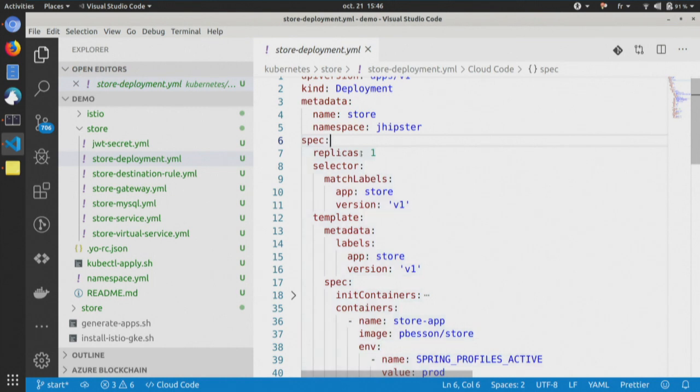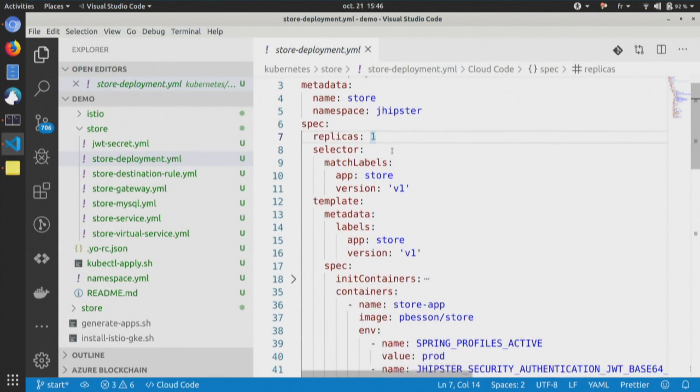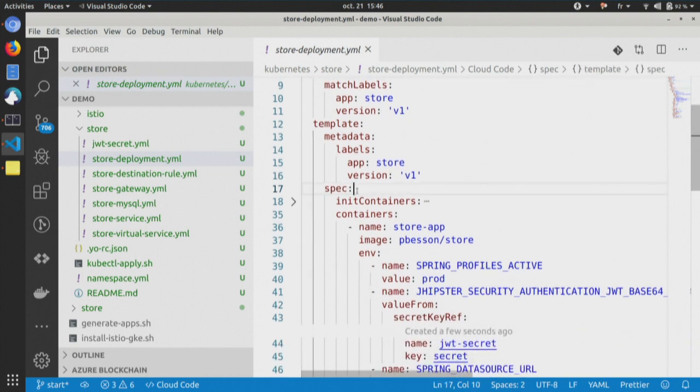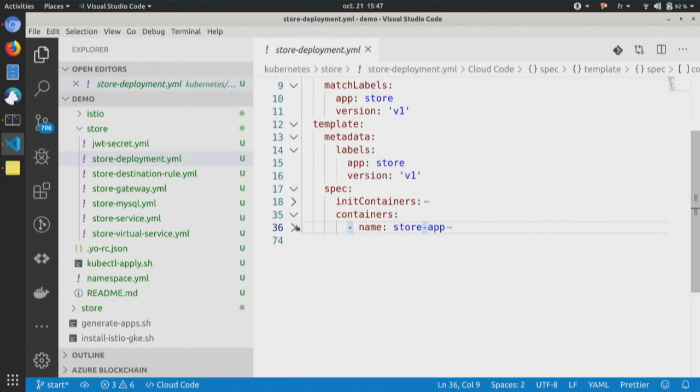In this deployment spec, I specify the number of replicas, which means the number of instances of the containers in this deployment. The selectors are the way to match the deployment with its related pods that are controlled by this deployment. And the second spec is actually a pod spec, which defines a pod. And in the pod, you have a list of containers. As we said, a pod is a set of containers running on one host. So here I have only one container,